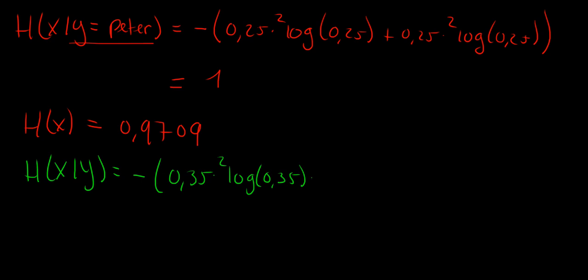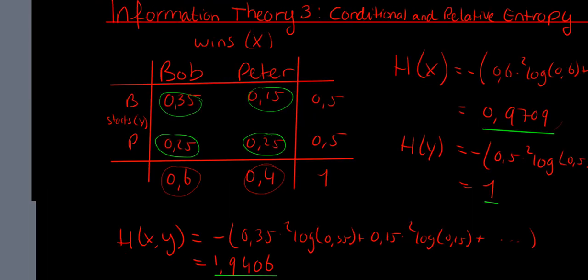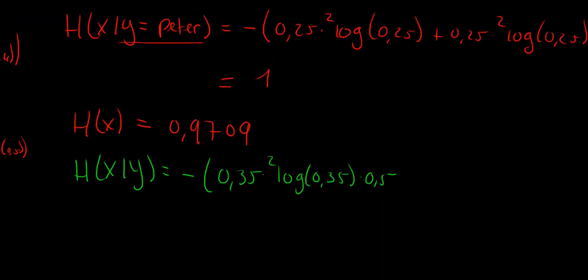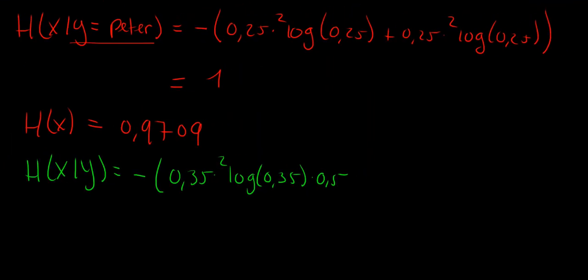And now we do have to multiply with the probability of the Y, which is 0.5. Probability of Y is given here to the right, of 0.5, plus 0.15 times 2 log of 0.15 multiplied with 0.5